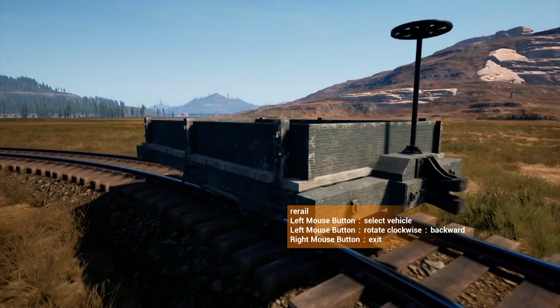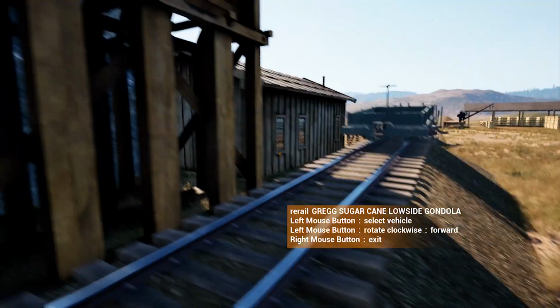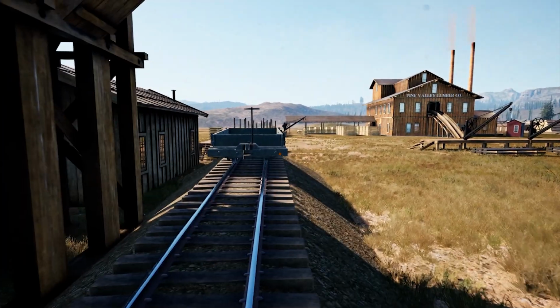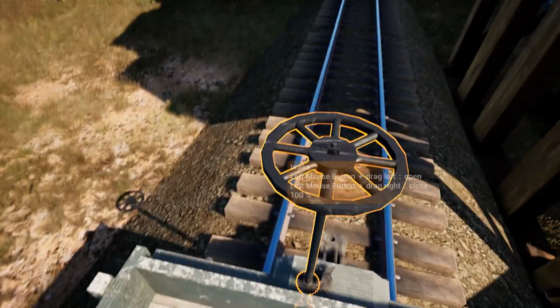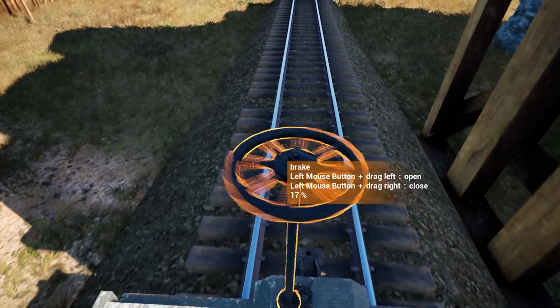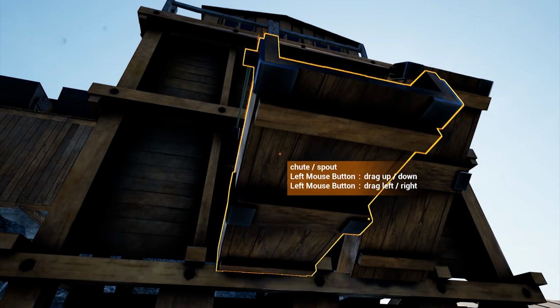Re-rail. That is not, as it would be said, railed. But it's fine. It's fine. We can go down the hill a bit. Go down the hill. Lock the brakes. Drag the chute down. Drag the chute down. This is...